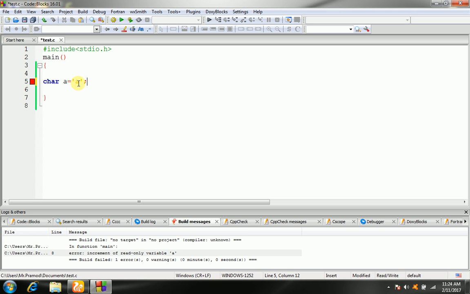Character literals are enclosed in single quotes, and a single quoted a can be stored in a simple variable of char type. A character literal can be a plain character, an escape sequence, or a universal character. There are certain characters in C that represent special meaning when preceded by a backslash, for example new line or tab.